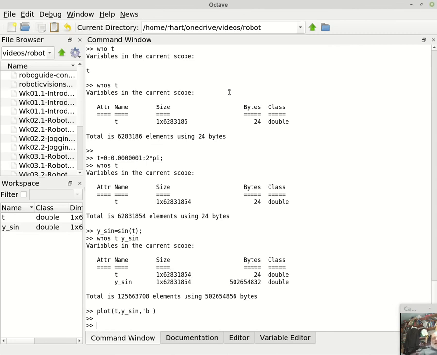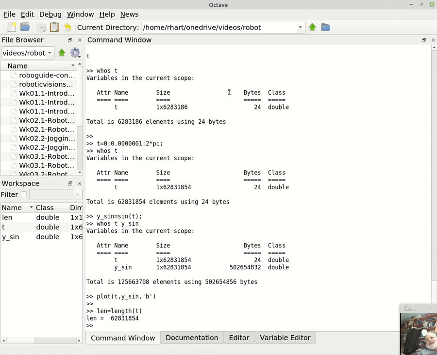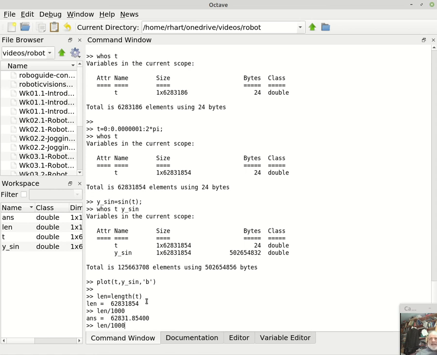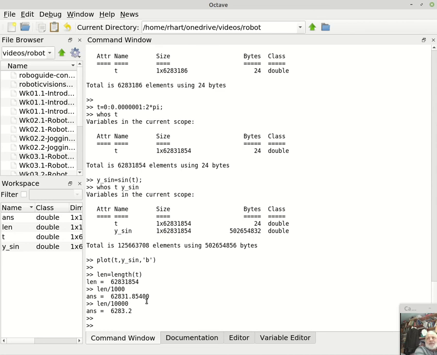So if you get the length of your vectors, and let's say I only want about 6,000 of these, since I've got 62 million, I'm going to divide this length by, say, 1,000, which would give me 62,000. Or if I divide by 10,000, I would get 6,000. So if I wanted to plot about 6,000 of these,